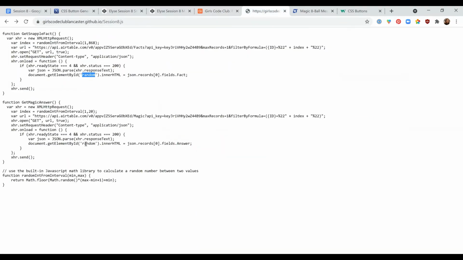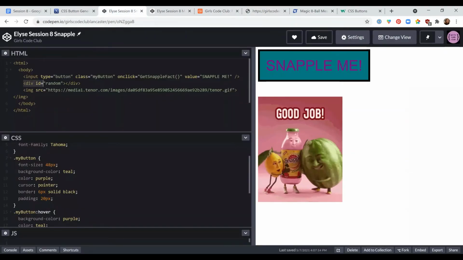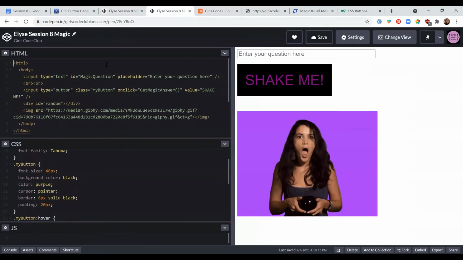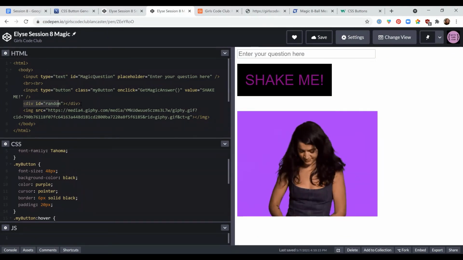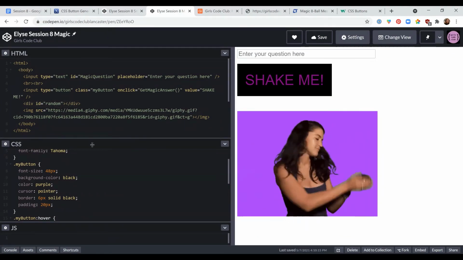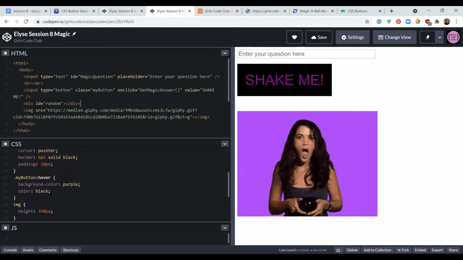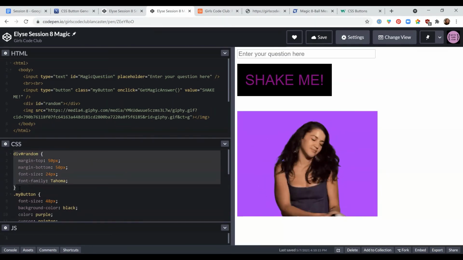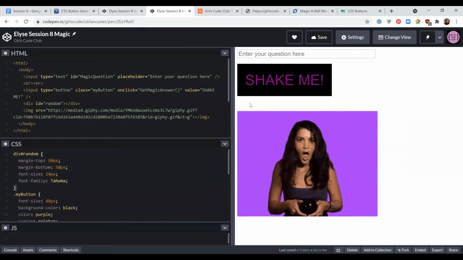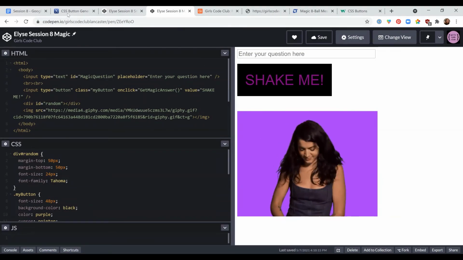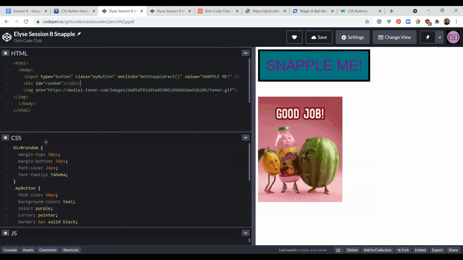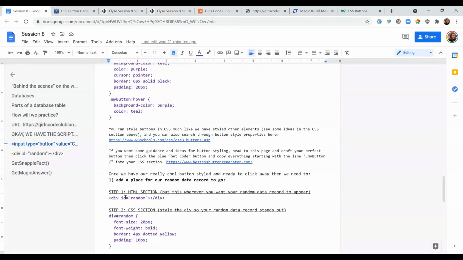So we've got to give it this element with the ID random so that that value has some place to go. So I have it right here below my button and above my goofy Snapple GIF. And then I have it right here above my goofy Magic 8-Ball GIF. Now you can and should style that div with the ID random so that it isn't just some tiny bit of text right at the bottom of the button that's going to be hard to recognize. So in my case, I gave it some very basic stuff. I believe it's the same in both. So you can change that